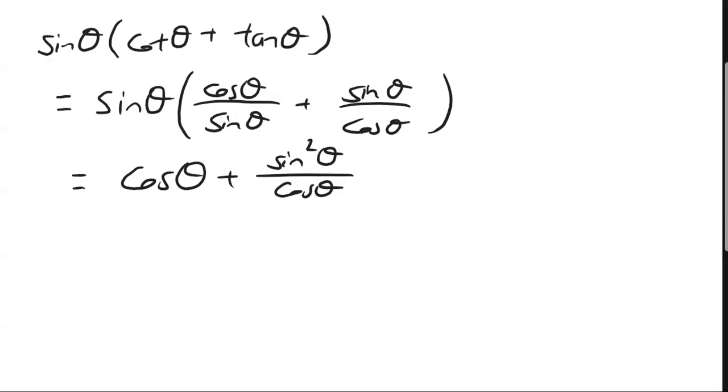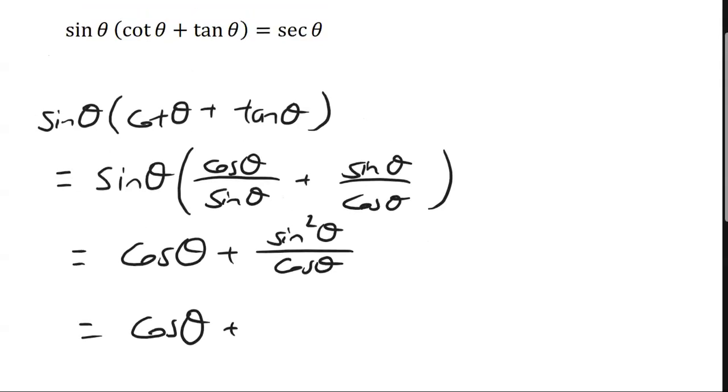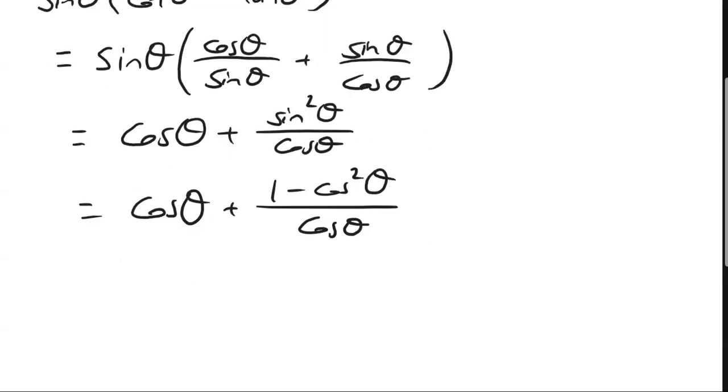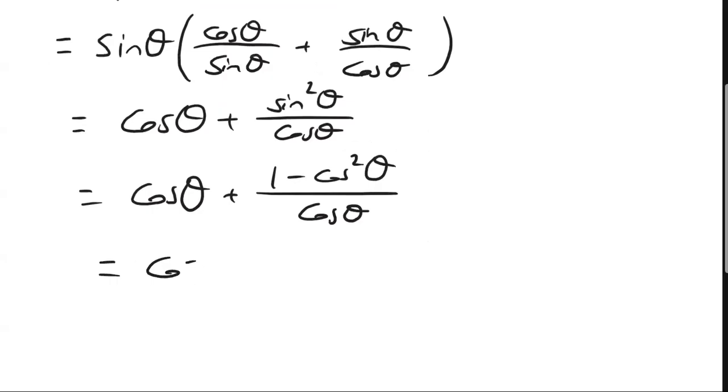Now what do you do from here? Well, maybe we could change that sine squared in terms of cosine because we want it to be a secant in the end. So maybe we want everything in terms of cosine, and secant is 1 over cosine, okay? That's what I'm thinking. 1 minus cosine squared theta is sine squared theta, okay? So then it becomes cosine theta